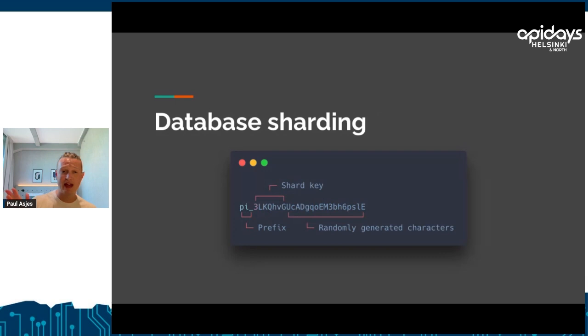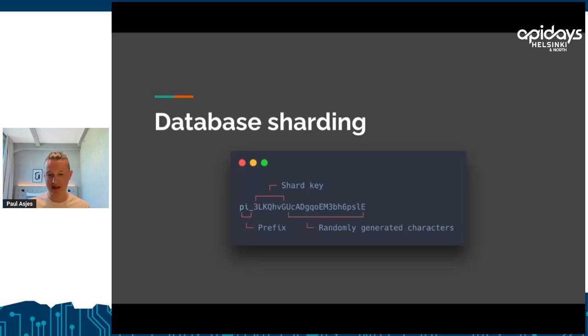Going back to the ID I talked about before, I was actually lying. There's more going on under the hood than just randomly generated characters. And there's something called database sharding, if you're not familiar with it. The idea is that if you have a table in a database which is absolutely massive, millions upon millions of rows long, perhaps what you want to do to speed things up is shard your databases, splitting them up